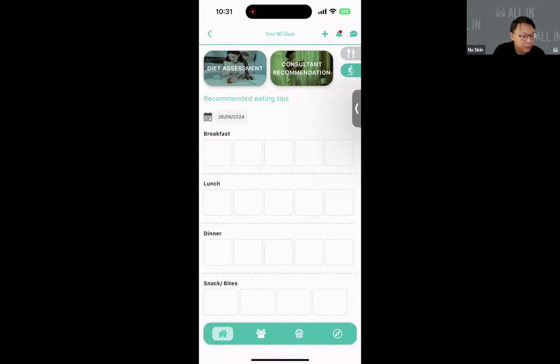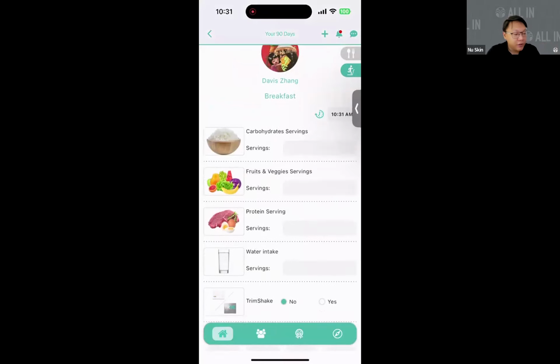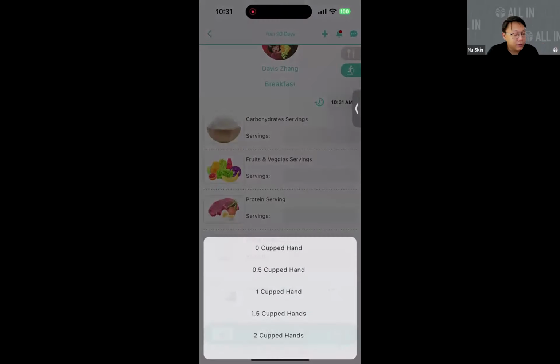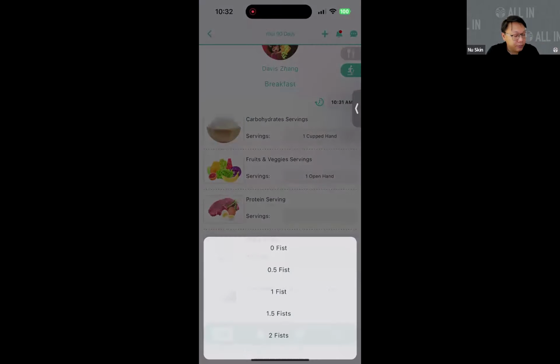Simply click on one of the icons. And this is something that is not foreign to you. Based on the 3333 eating plan, you'll be asked to put in the portion size of the different categories, for example the carbohydrates, the fruits, the protein.